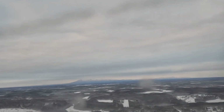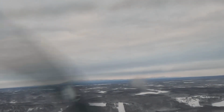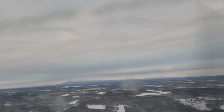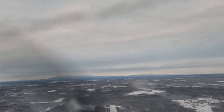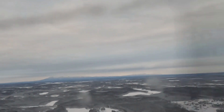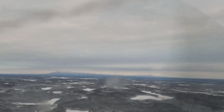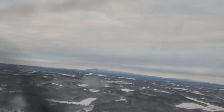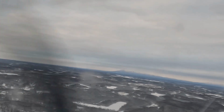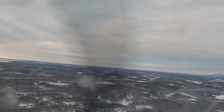You can't tell it by looking at the camera, because it's on stabilized mode, so regardless of how rough it gets up here, it's going to look smooth. But the reality is, I was fighting very hard to keep the plane under control. You'll see the windshield dancing around, and every once in a while, you'll see the front cowling pop up at the bottom of the screen, and those are the points when the aircraft was moving so aggressively that it was actually